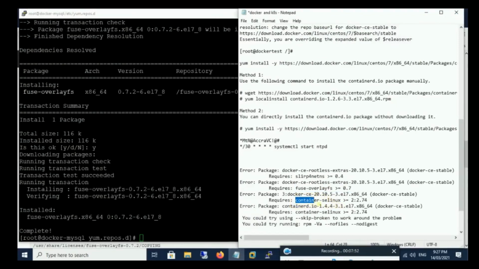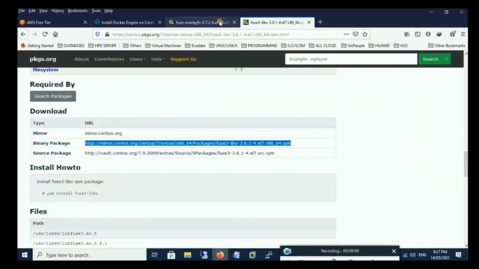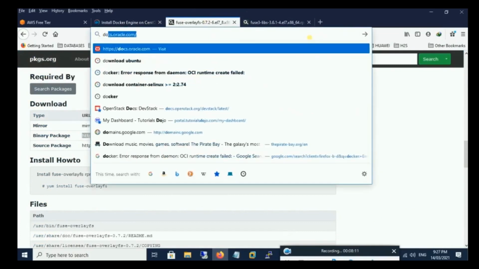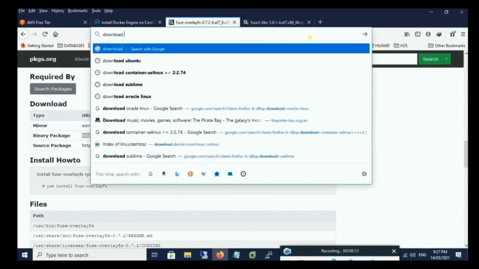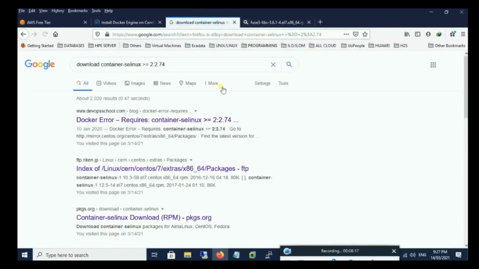So the last package is SELinux 2.4. Alright, here they are saying greater than or equal to 2.74. So when I was installing it for the first time, I installed the 2.74, and when I was going to run the Docker hello world, it was giving me an error.